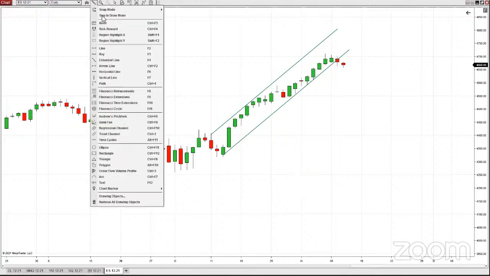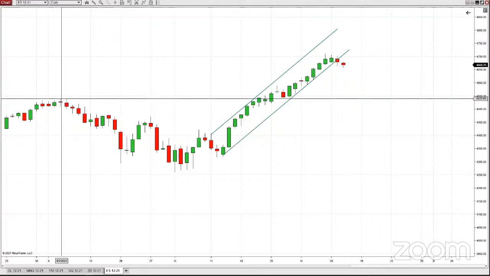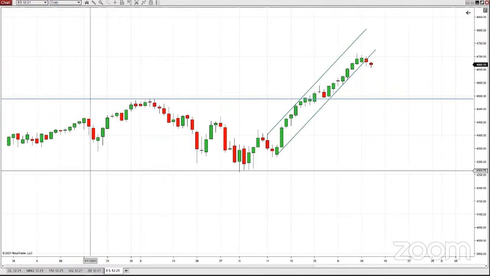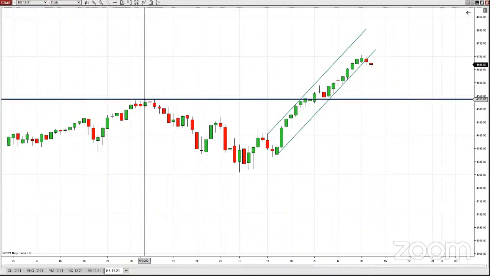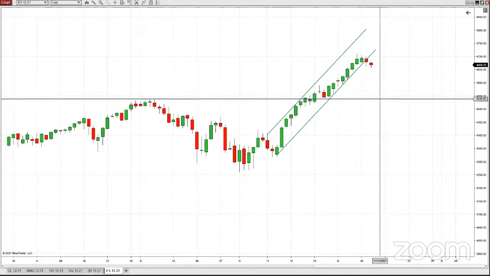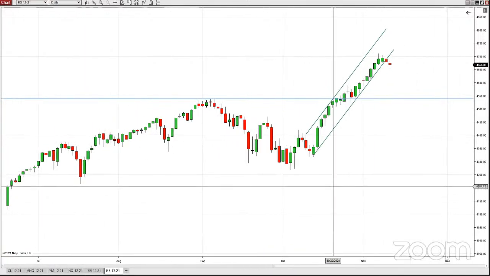The other line I might draw here would be a horizontal line, just to show where I would envision support. Because this was an all-time high here, and we tried to close above it several times, couldn't. So this area of resistance now becomes an area of support on a long-term chart basis. Again, you could do Fibonacci on this as well, but this is how I develop my bias every morning.